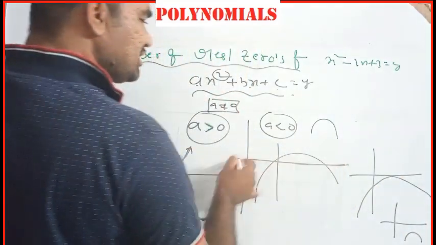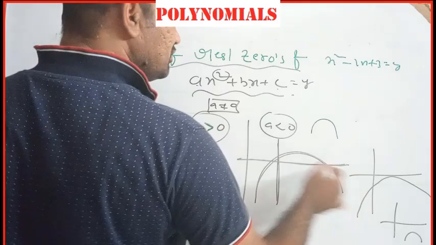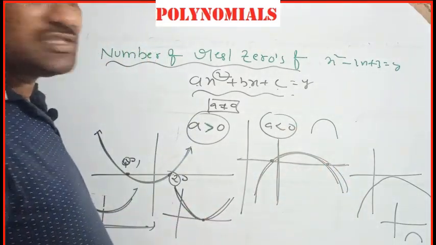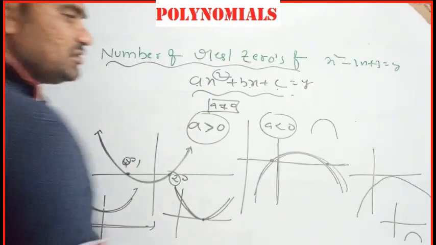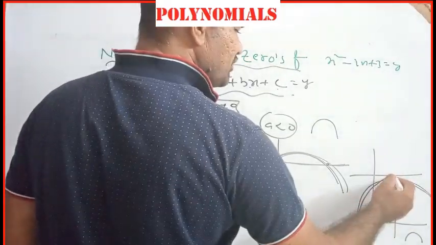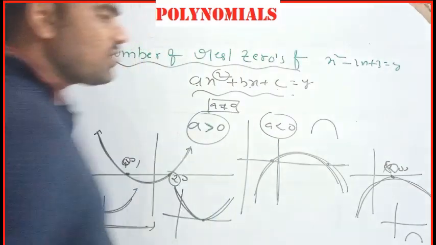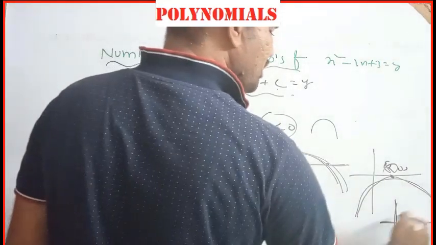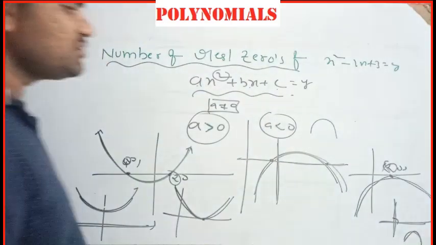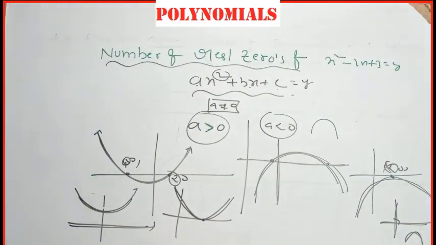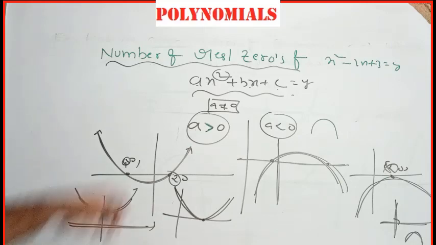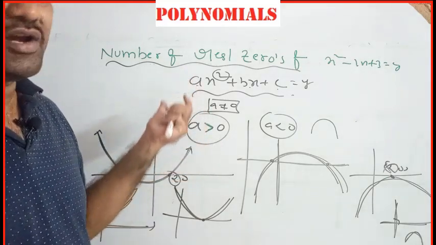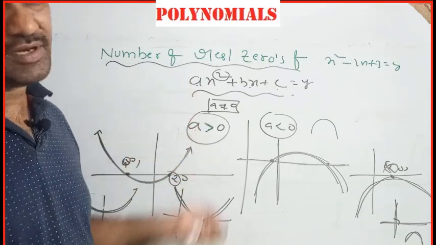Okay, this is the x-axis, y-axis, and this is a parabola intersecting at 2 different points. You can say that two distinct real zeros exist for that polynomial. Here, touching the x-axis, for example, at (alpha, 0), you can say that alpha, alpha are the zeros of that polynomial. Here, the parabola is not touching the x-axis, which means there are no real zeros for that polynomial. In this way, you can find the zeros of a quadratic polynomial by using the coordinate plane.